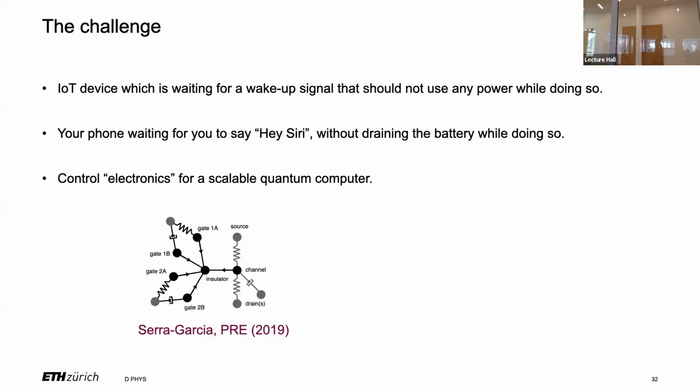And the challenge, as I said already, is an IoT device waiting for a wake-up signal. The last point takes it a bit further, but I want to show that there is a route further: if you do computing with mechanical degrees of freedom. It sounds very stupid because we have very good computing devices based on electrons. But the moment you move a charge around, we all know that that's not good. And having a mechanical degree of freedom that does the job for us could be much more energy efficient.